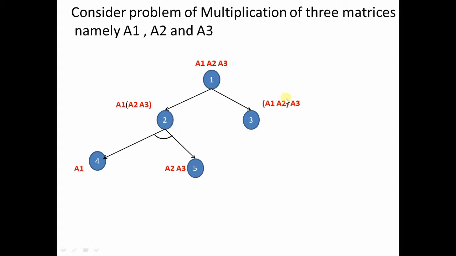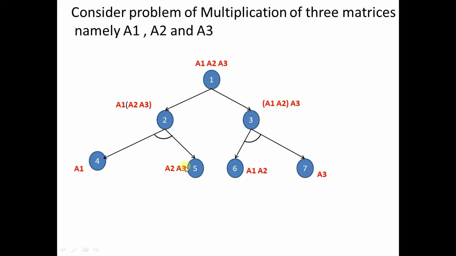Now if you go through this particular branch, you see that you can achieve this again by considering, say, A3 as a separate matrix, so I will consider that as node 7, and then A1 A2, which is a resultant matrix, I will represent it with node 6. After you multiply A1 A2 to the resultant matrix, you have to multiply A3. So again there is a dependency between 6 and 7. Only after 6 and 7 together are solved will you be able to achieve 3. So here also there will be AND. So 6 and 7, when they are solved together, will be able to solve 3. That's the meaning of it.